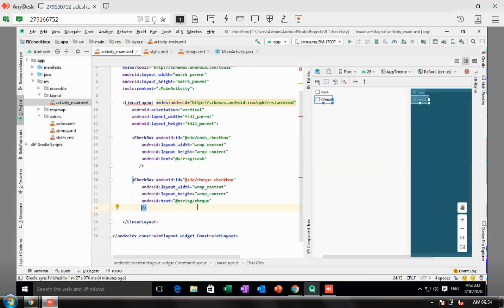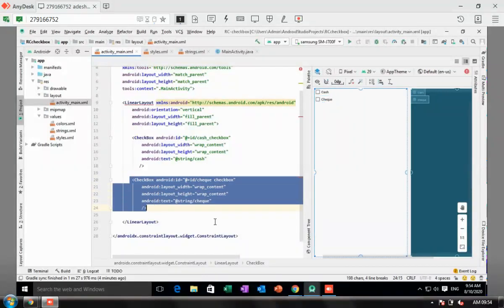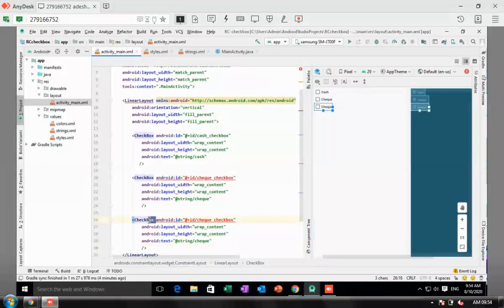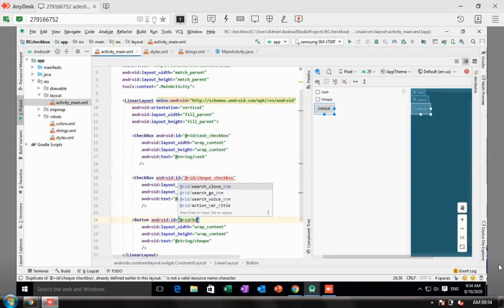I want to add a button here. So let me go for a button. Our button name will be btn OK, the OK button.